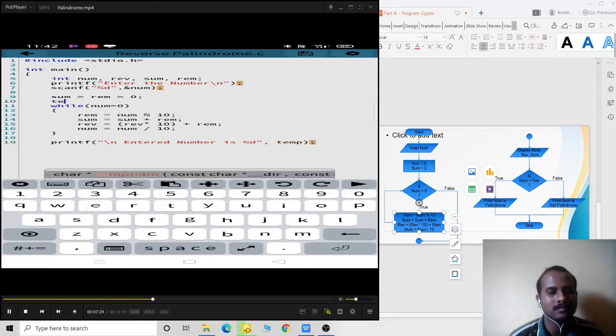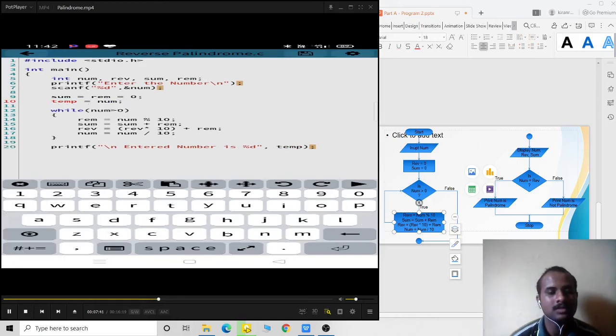So I'm just keeping a temporary variable also, which will hold the original number. If I'm not using the temporary variable, then what will happen? Then the original number is lost here, right? Because the original number will become 0. So I'm copying the original number to temp first, so that later on I can print that, or I can use that, because it is required to check whether it is palindrome or not.